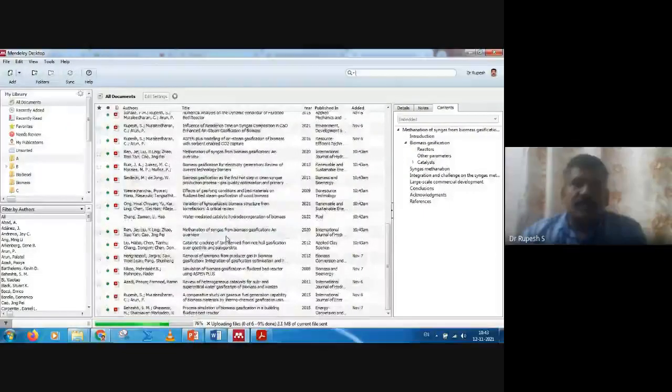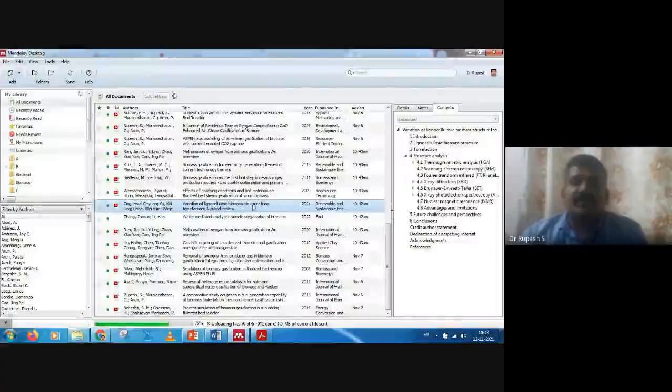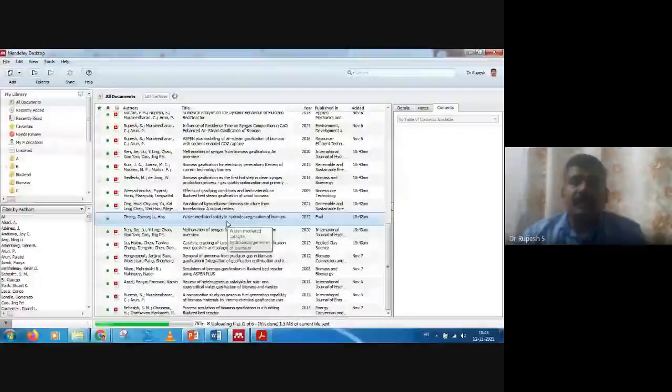Okay, see here, "Variation of lignocellulosic biomass structure from torrefaction: a critical review." That article has come with the PDF. This sign shows that the PDF is also there. Whereas for the water-mediated catalytic literature, there is no PDF. So only the metadata corresponding to that particular article has been downloaded,